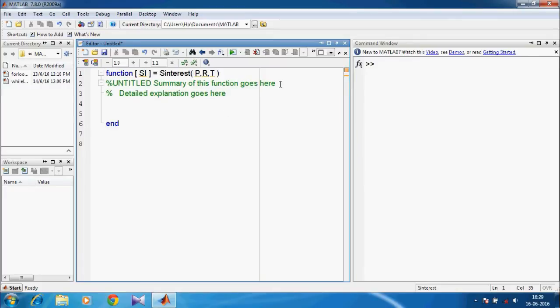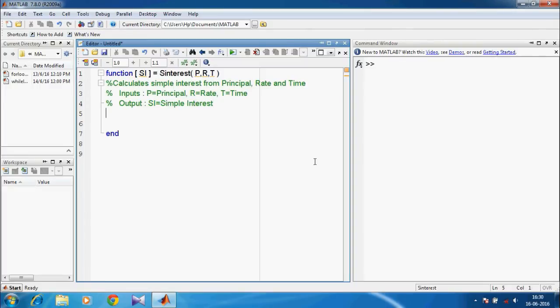Now before we go on to type commands, we should put some comments as help text. The first comment is the H1 line. Calculates simple interest from principal, rate and time. Next, inputs: P equals principal, R equals rate, T equals time. Output: SI equals simple interest.